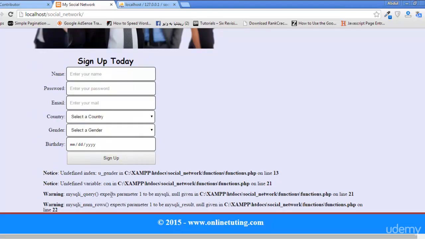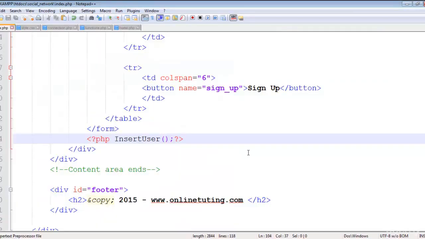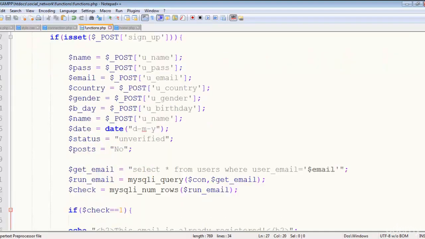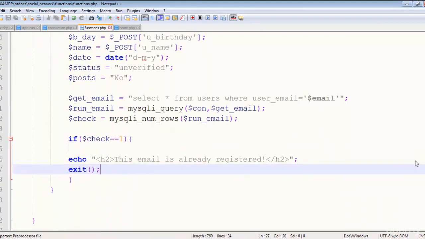Some errors in PHP basically. Connection on line 121. Okay, all the problems are inside here in the functions page. Let's check con mysqli connect localhost root social network. Okay, the connection is okay, but